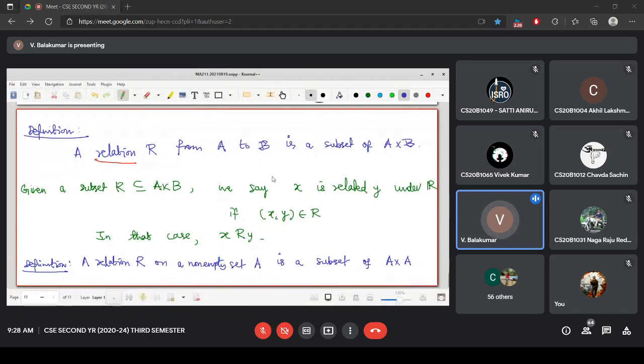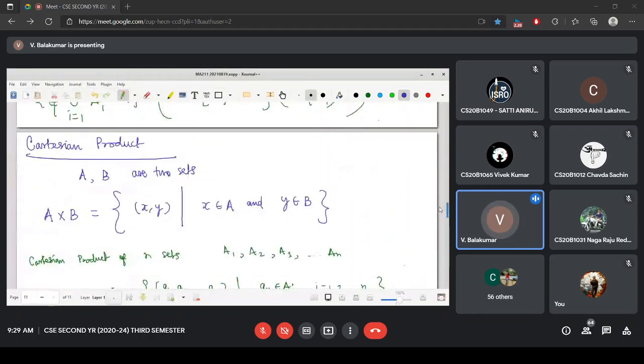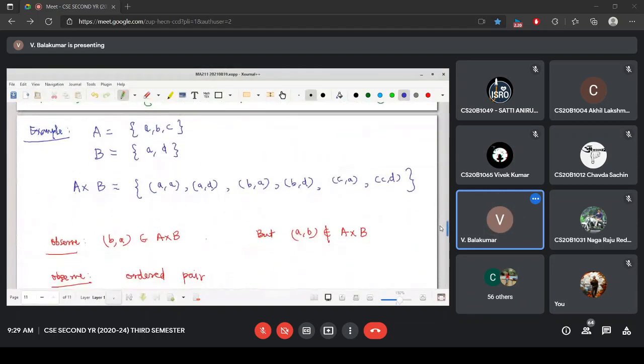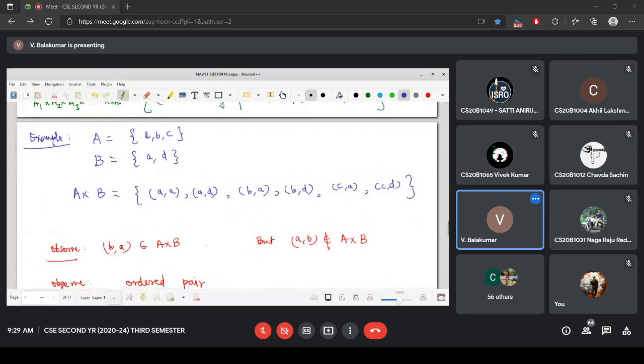So what do we need? We need two sets. First of all, we shall look into the first one. We need two sets A and B, and their Cartesian product. Then I'll take a subset that I call a relation. Is it okay? Now let me take one of our examples again. Let me take my example first.